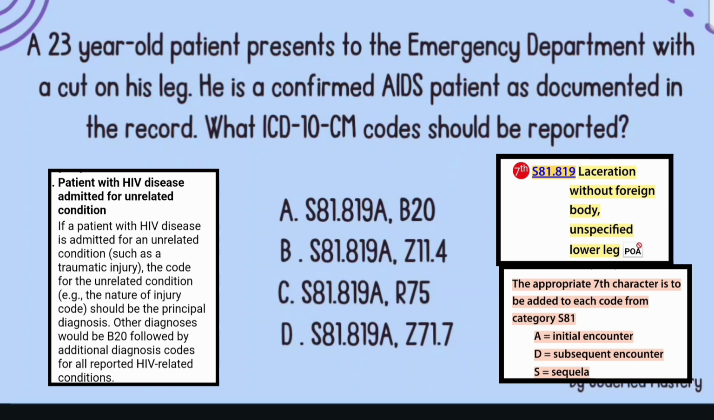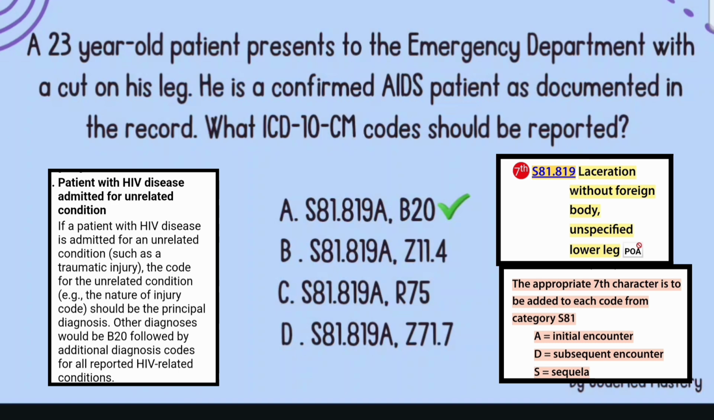Therefore, we have to code S81.819, that is the code for laceration. We have to code it first. And in this case, AIDS is reported as the secondary diagnosis. When you look in the alphabetic index for AIDS, it refers to B20. Therefore, if a patient with HIV disease is admitted for an unrelated condition, first we have to code the unrelated condition and next we have to code B20. Therefore, the right answer for this question is